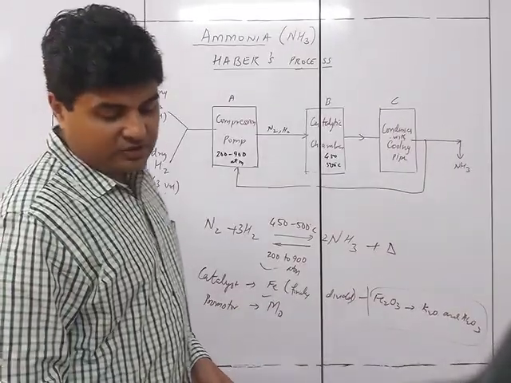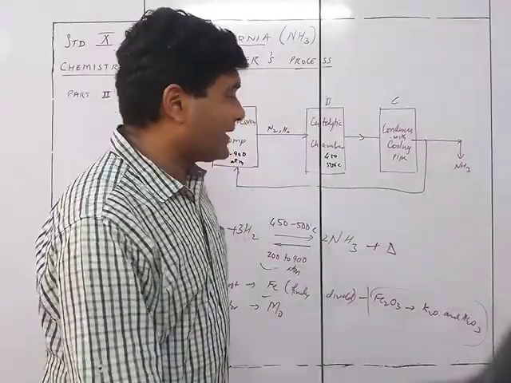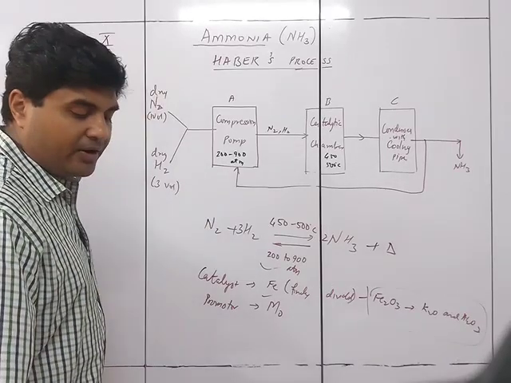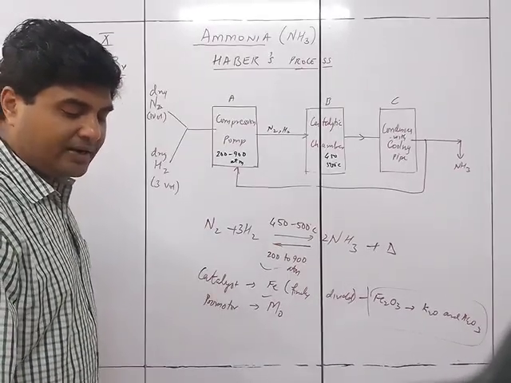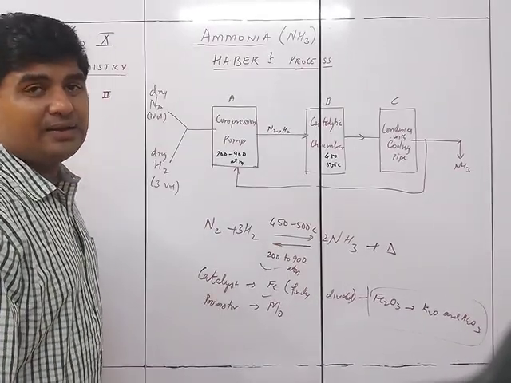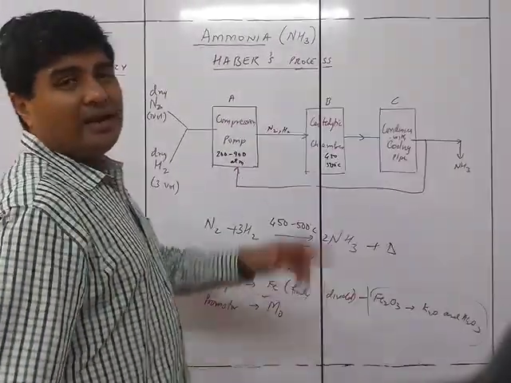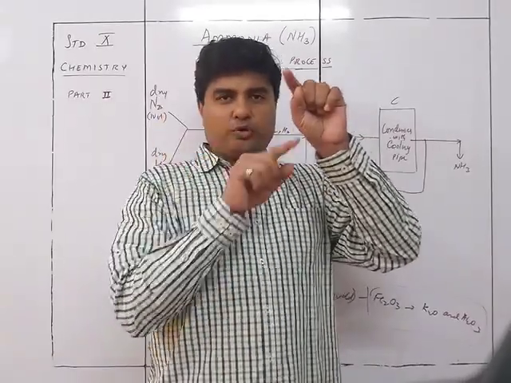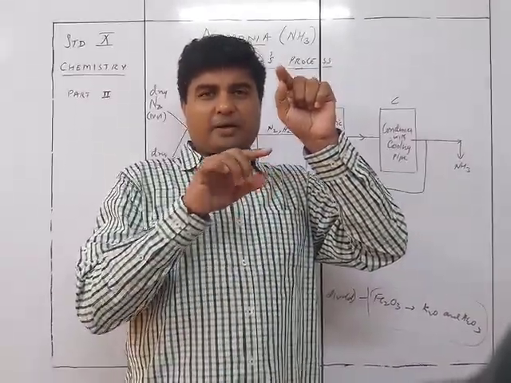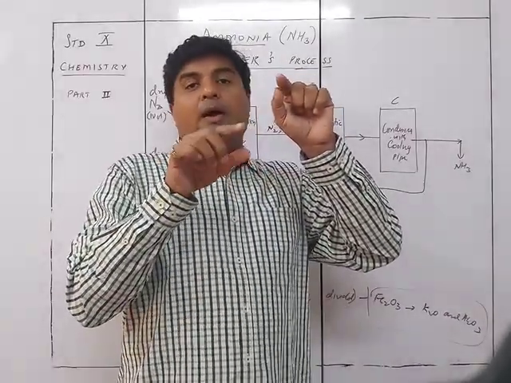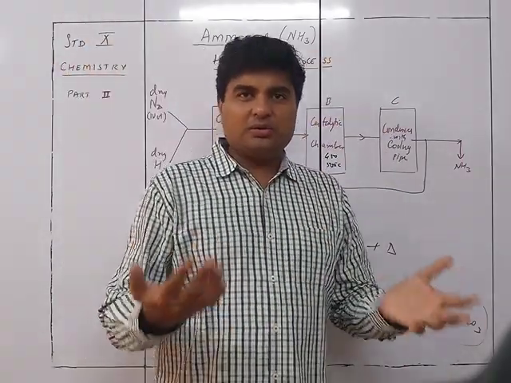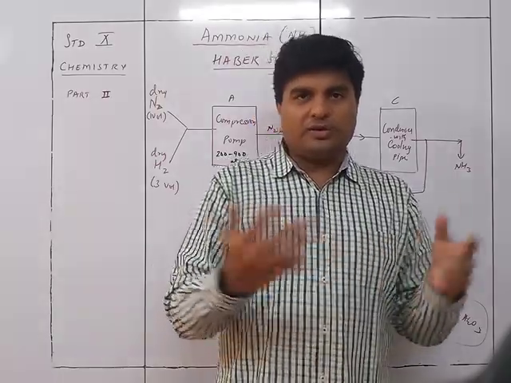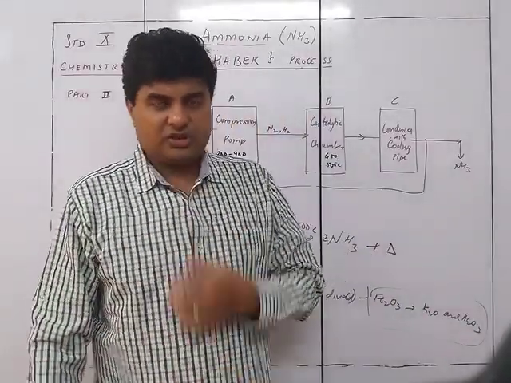So first one is this one. Next is the electrically heated catalytic chamber. The nitrogen hydrogen compressed mixture is passed over the heated catalyst, with a heat exchanger. So there is a catalyst as well as a heat exchanger. What is a heat exchanger? There are pipes through which the gas is going, and the outside area is heated. So there is exchange of heat taking place between the gas and the outside part. That's why it is called a heat exchanger.